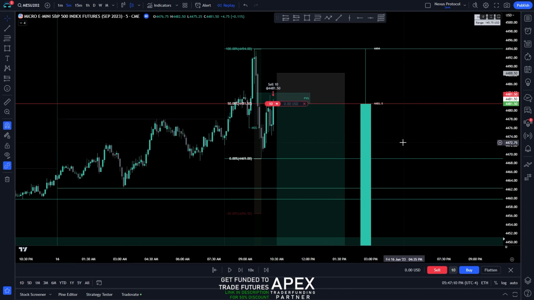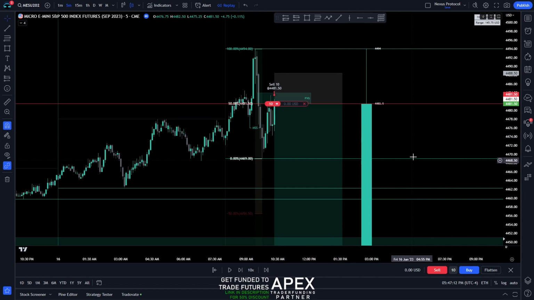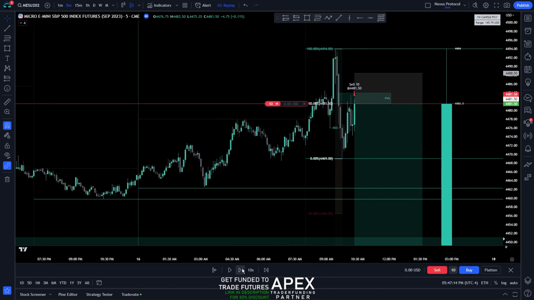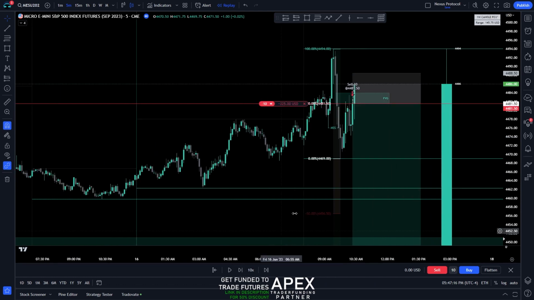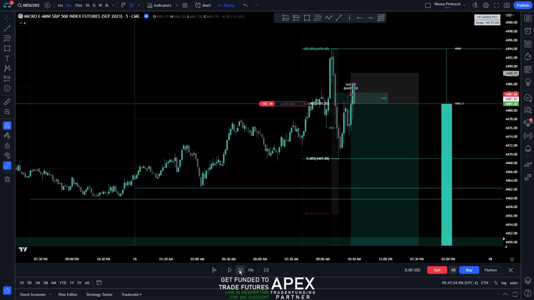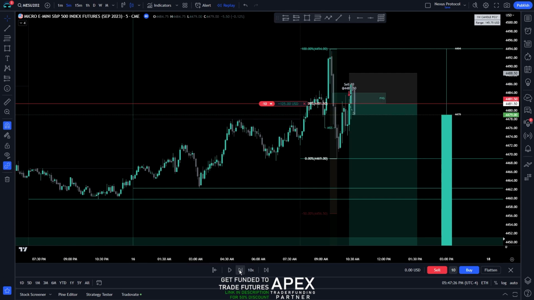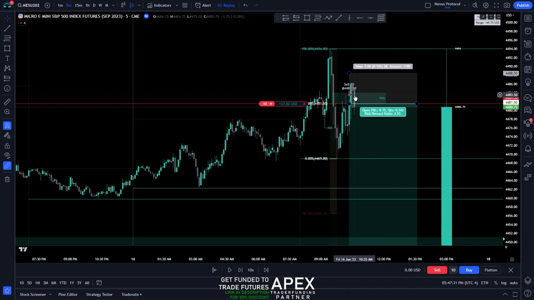And watch how this happens. We'll move price over here. It does do some considerable drawdown. We're at 5 handles of drawdown, so not comfortable, but it does move pretty quickly. Scares you a little bit as an inversion fair value gap, but